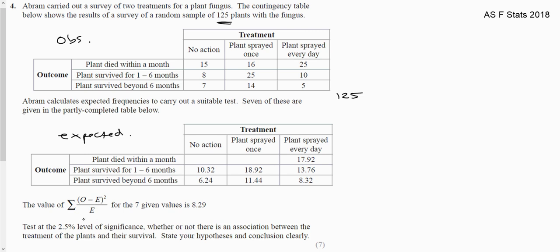Plus, they've also started to work out the chi-squared, so they've given us the value for the 7 that he's calculated, so that's not the whole thing. And we've got to state our hypothesis, conclusion, everything clearly. Right, so